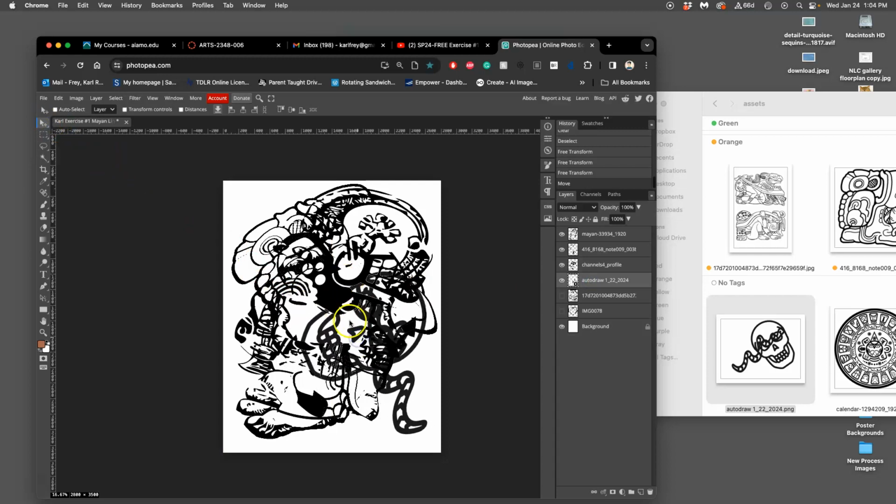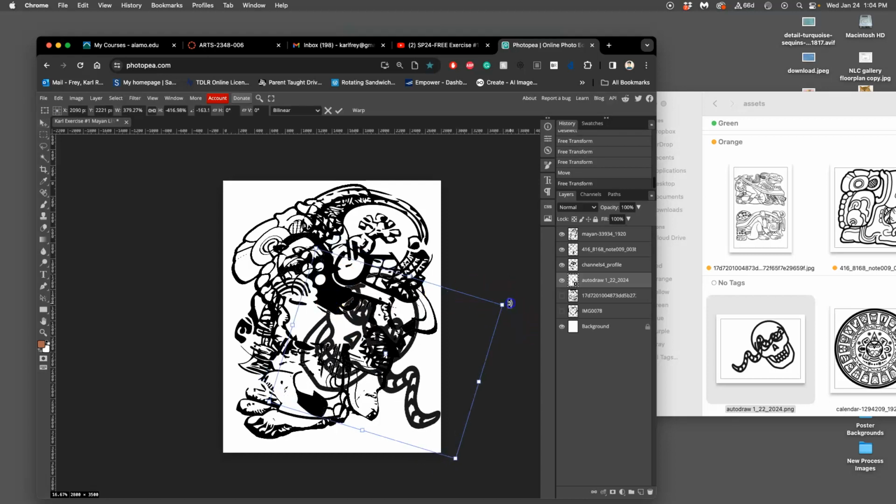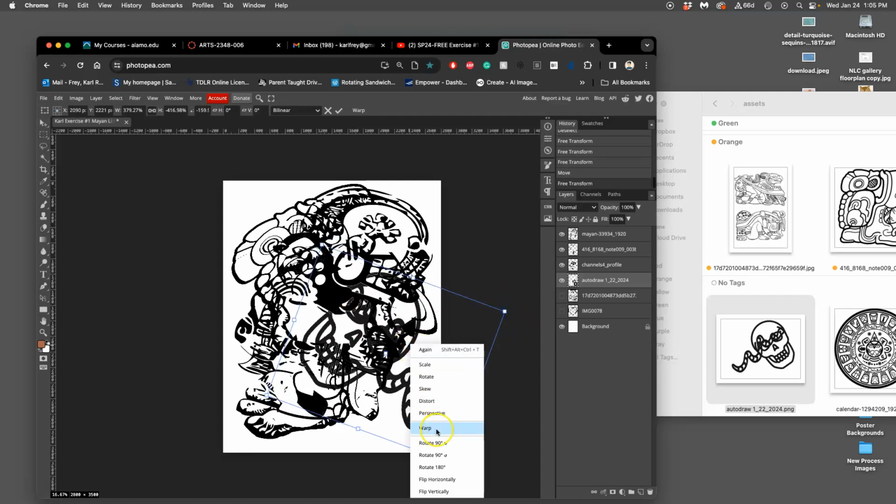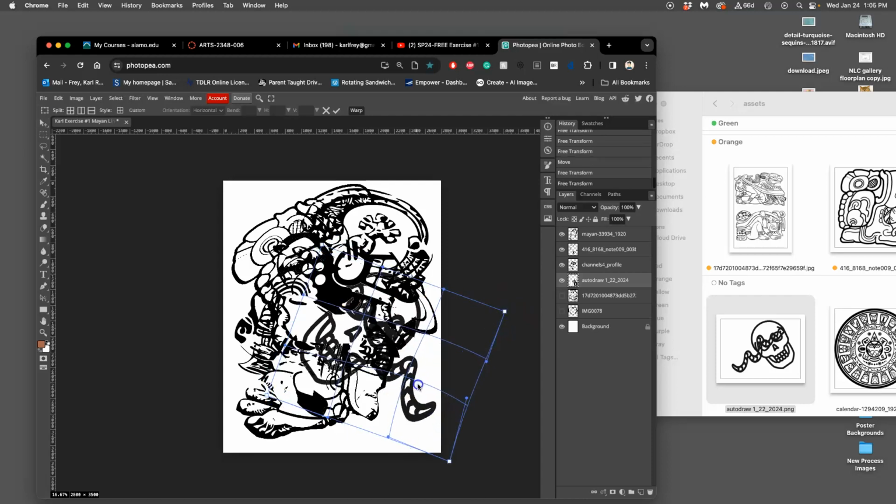Maybe I want it on the edge there. I can hit Option Command T and rotate it. I have a transform box. I can right click inside that transform box and warp it, like I was doing before to review. But if I want to delete from it,